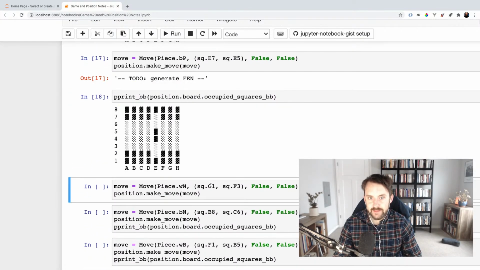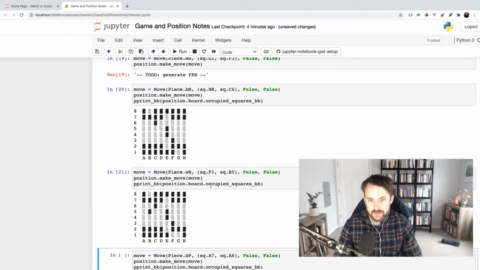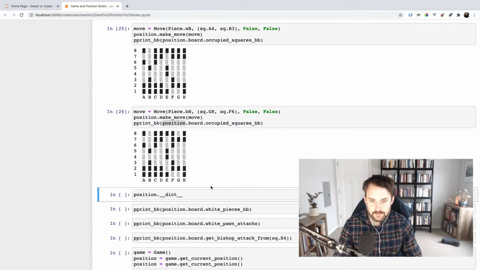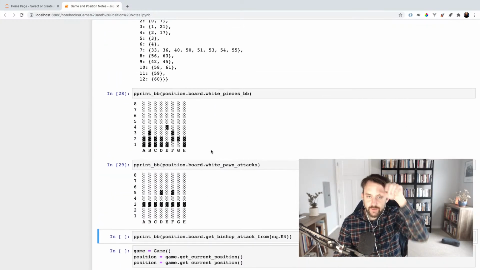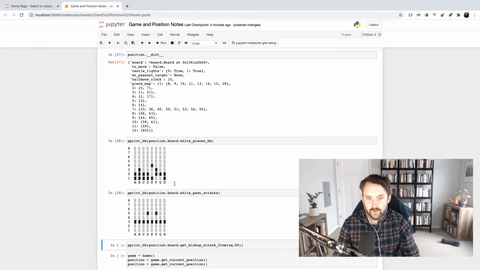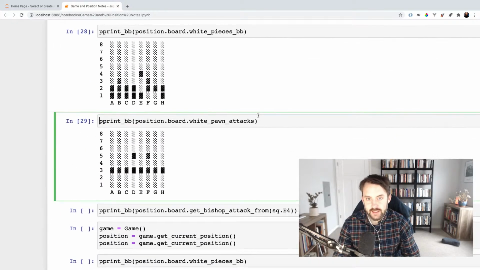Make another move, and we can see the bitboard is getting updated. So here's just a sample game, Spanish game. I believe I showed a lot of this last time. And at any point in the game with a position, we have a way to query the bitboard to show, say, the white pieces. I've also added bitboards to calculate attack squares,